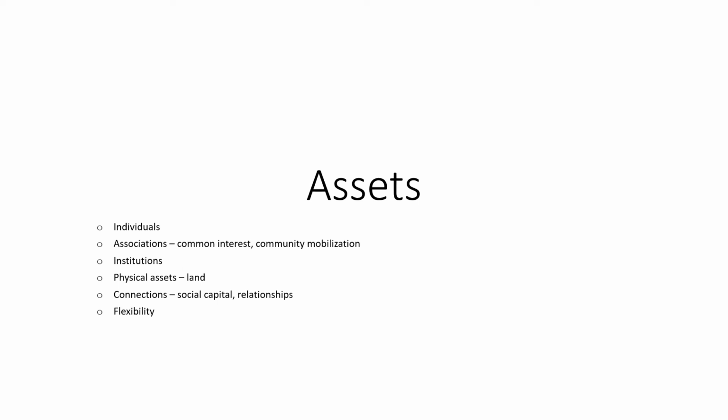The other asset is the associations. Beyond an individual are associations, the groups that these individuals belong to. Individuals are themselves members of associations within the community. They are perhaps members of a voluntary organization within the community. So these are very important strategic assets determined in the ABCD approach.